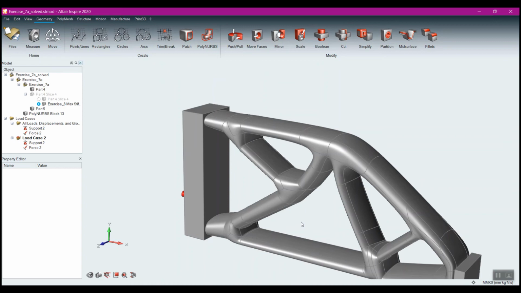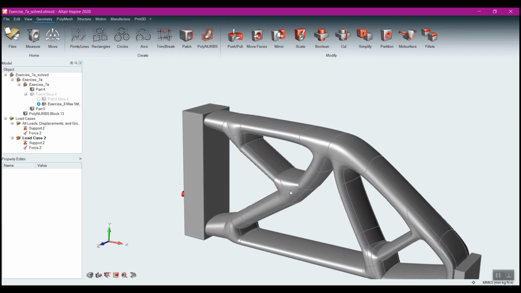Really, the direction that you want to head to create your geometry is entirely up to you. I think I mentioned in the previous video that you could take the general shape that you see from the optimization and just use that as kind of a framework to develop your geometry in your CAD system, just kind of by eyeball and taking measurements with Inspire. You saw the auto Polynurbs, which is just a single button click and we get to Polynurbs. But it's not a nice, clean, smooth, bridged Polynurb like this,